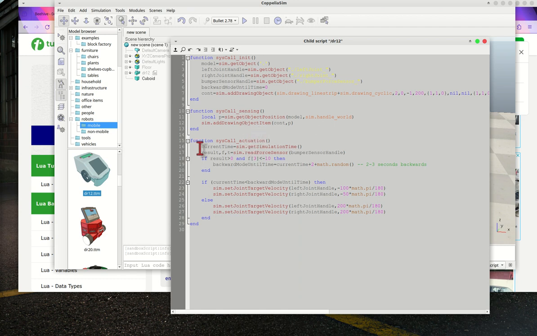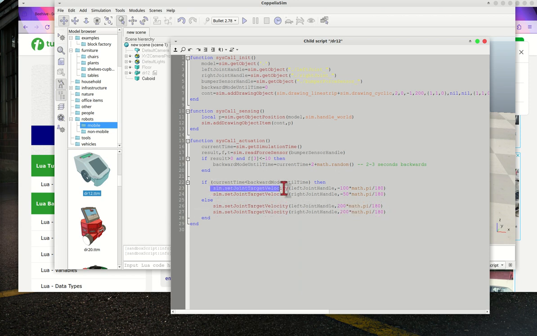So this is what happens during the operation. Everything is stated in the actuation event. Okay, when the object is detected, this one. So there are two options. Either continue moving forward, this one when there is no object.